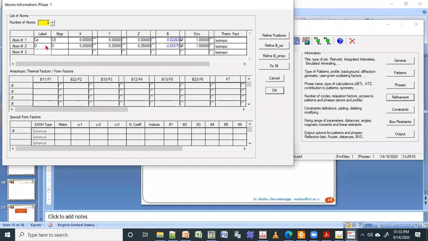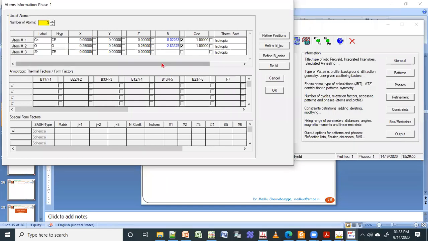In principle it should be the second one, but okay, fine. Zirconia, capital ZR. It should have the same coordinates as your cerium, 0, 0, 0, again the same value as your cerium.